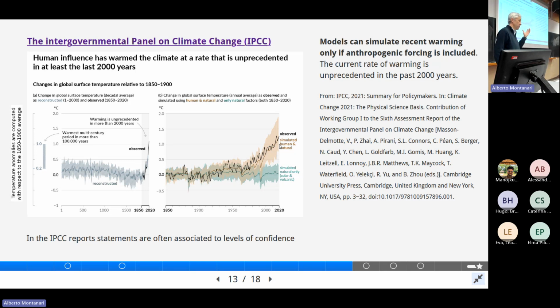What is the purpose of this comparison? To show that human emissions of CO2 are indeed a fundamental driver of the change in temperature. Fine. And remember what we discussed last week: for what reason do we believe that climate change is human-induced? The correct answer is because models cannot simulate the recent increase in temperature without human CO2 emissions.